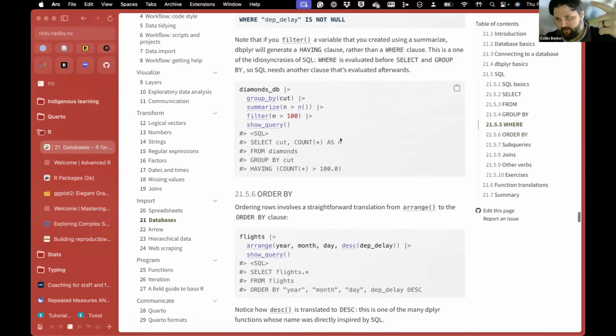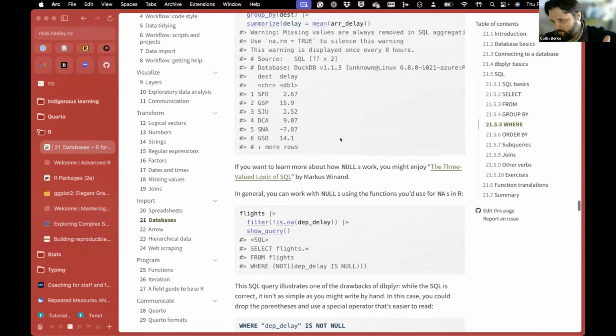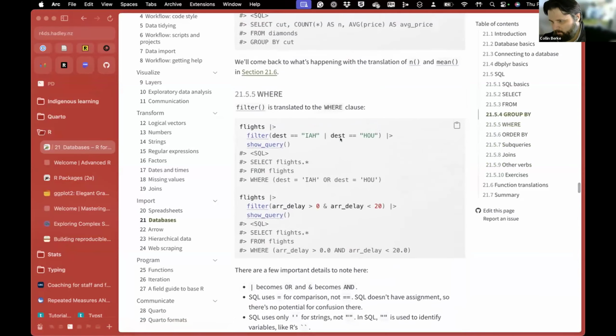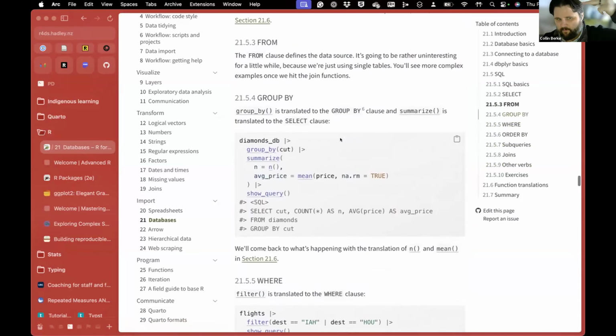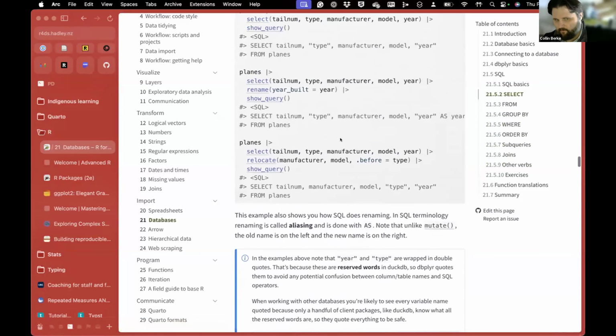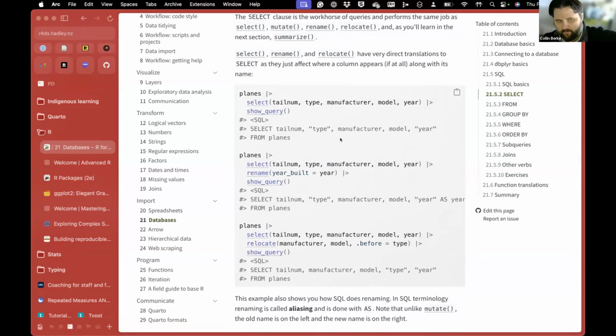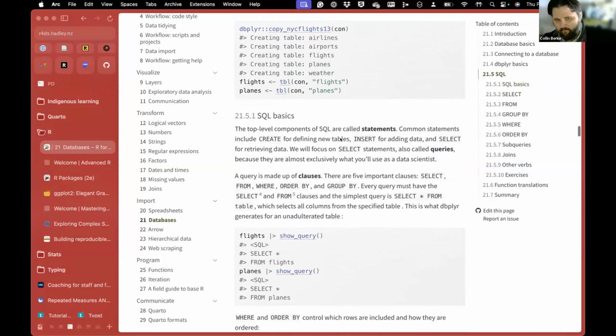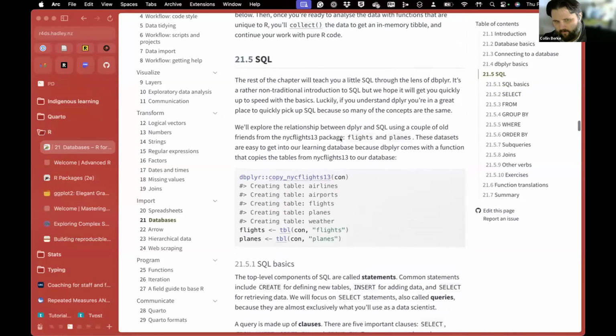The basic process I understood was we kicked off DuckDB, we created some tables, we put some data into the tables, but then we use this function called tbl with the connection object referring to whatever table we want. But then it was a little unclear to me, if we want to use that in our SQL query,